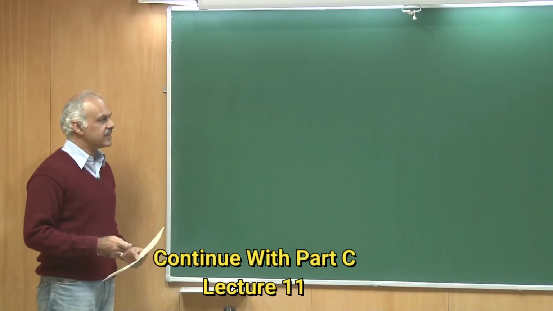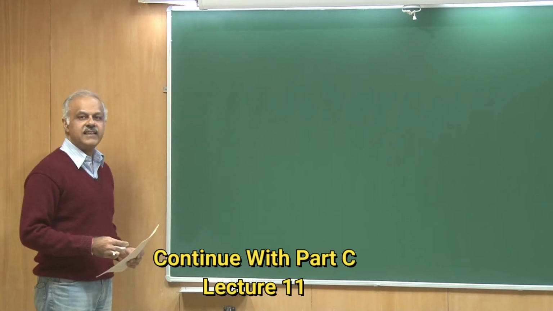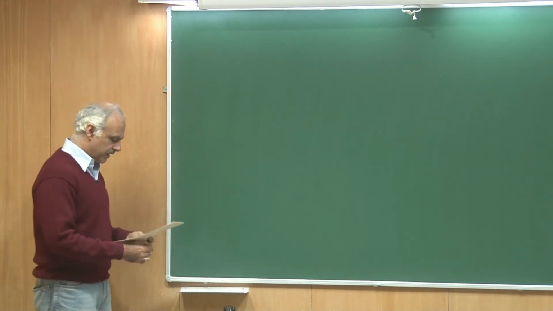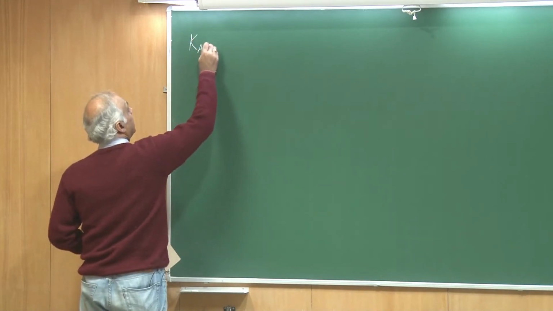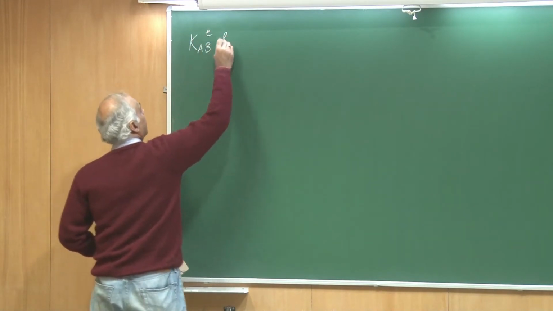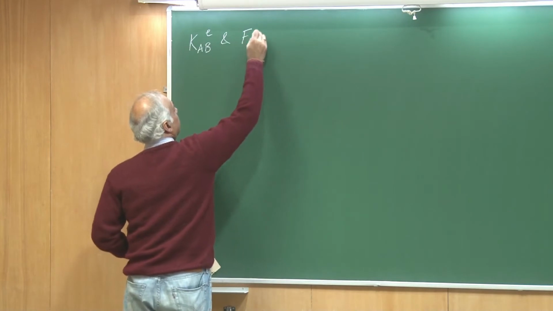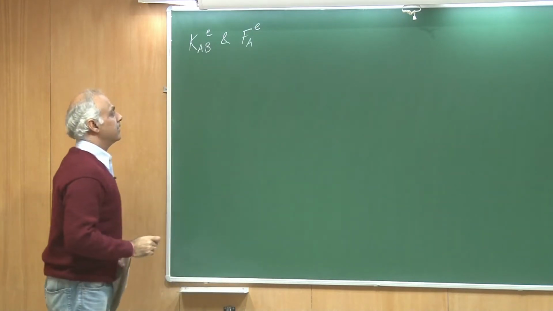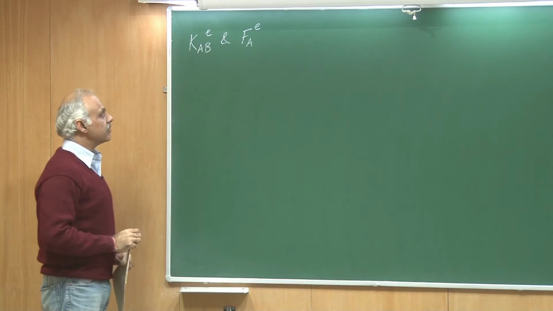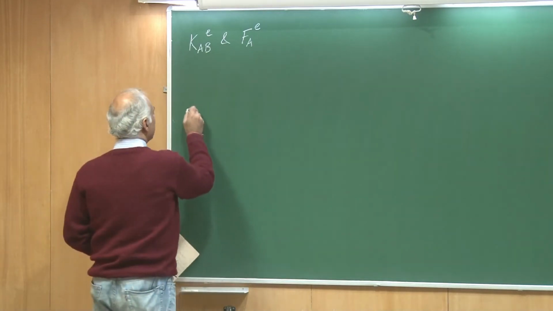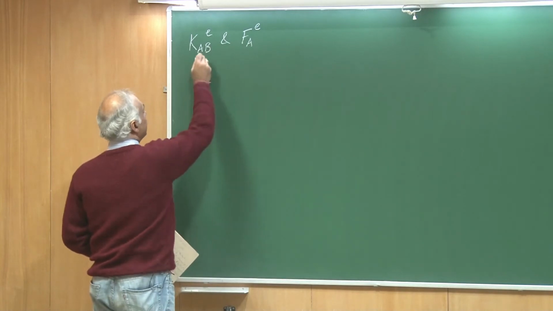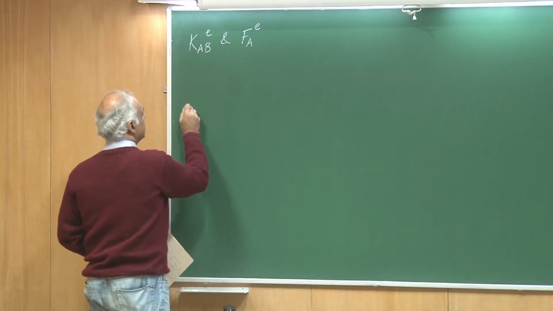Okay, let us look at the stiffness matrix at the element level a little bit more carefully. We are now going to look at the structure of K_AB^e and F_A^e, which actually arise from integration over the element level domains. So, let me draw the domain again and then specifically look at these quantities.